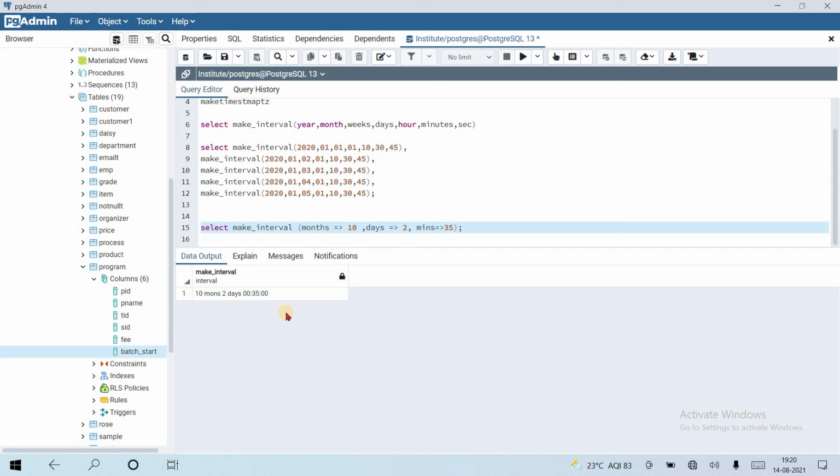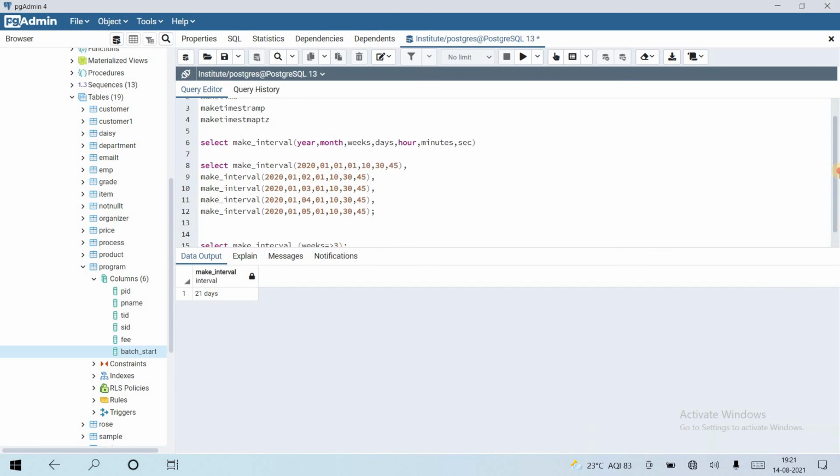Okay, so let's make_interval with weeks of 2. 2 weeks means how many days? Let's run this. That is 7 into 2. Okay, 3 weeks, 21 days.